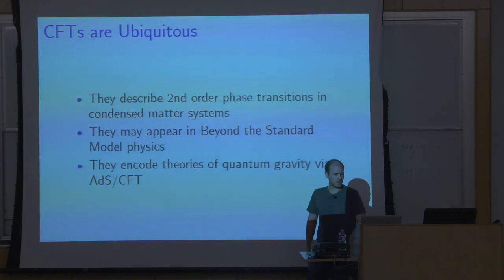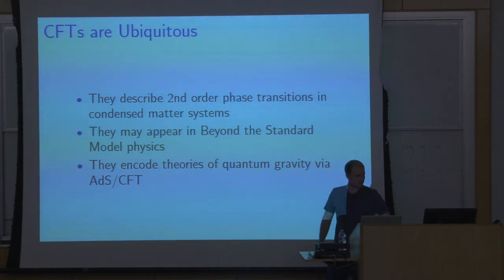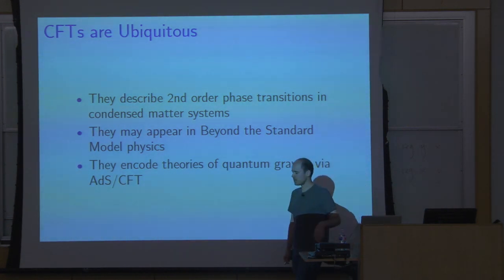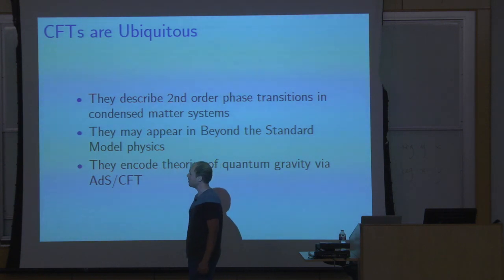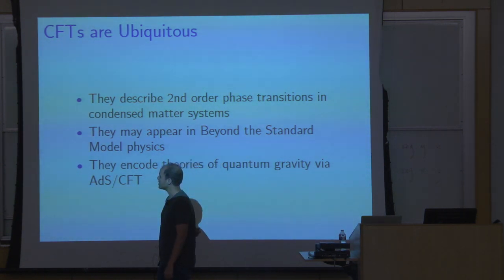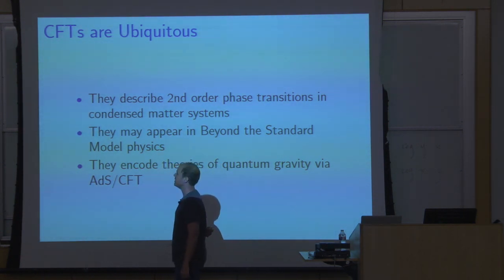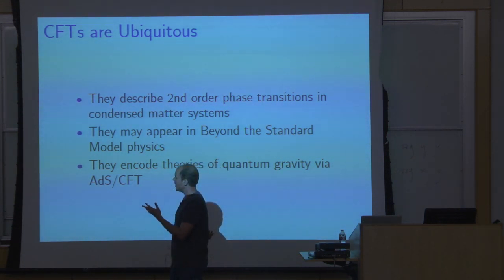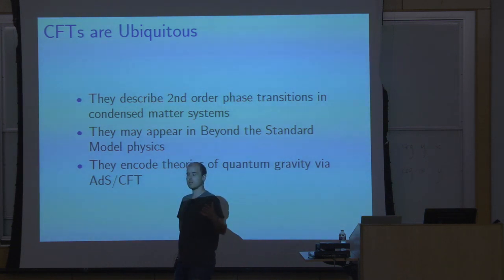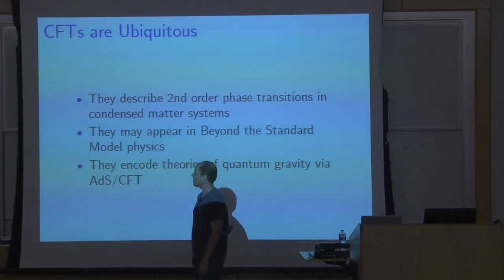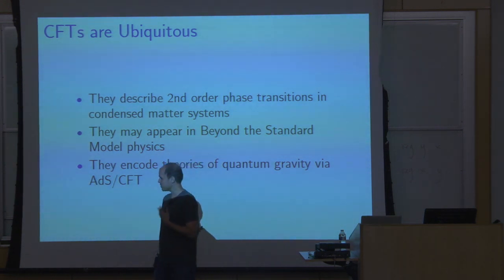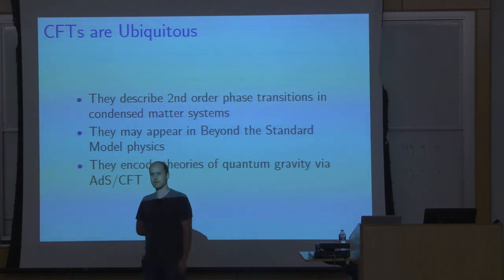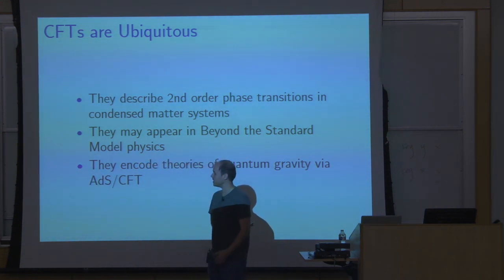OK, so I talked about the 3D Ising model, but I've also mentioned other universality classes. There are many types of CFTs. They appear all over physics. They describe second-order phase transitions in condensed matter systems, which is what I focused on. CFTs are interesting in beyond the standard model model building. They're interesting for understanding what kind of dynamics could possibly occur beyond the standard model in some